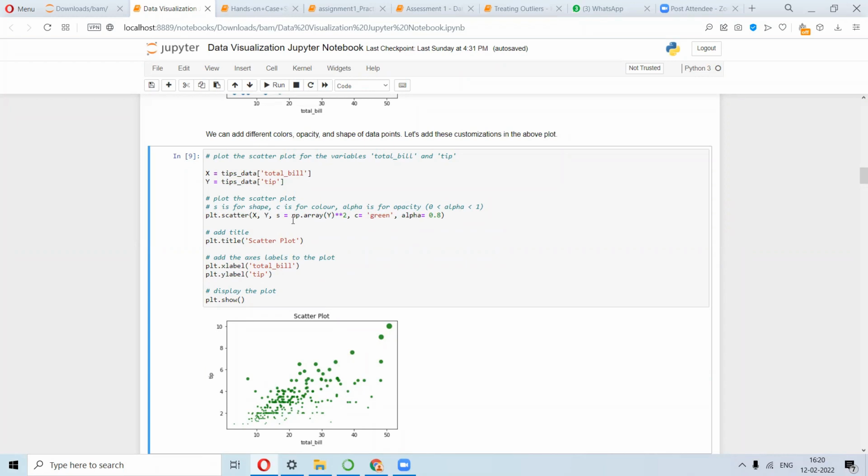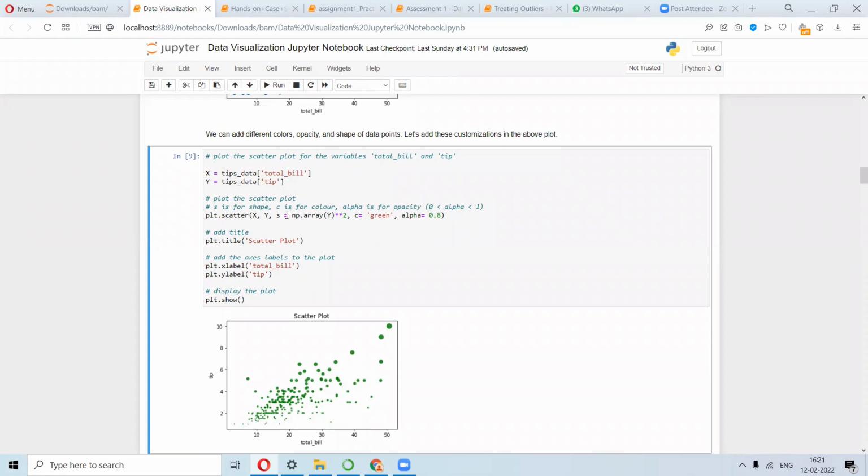For that we have introduced this np.array, and we have used y squared. And c is for color, which we have specified as green, and alpha is for opacity, anything between 0 to 1. So this is how we have specified all the inputs: x, y, s.